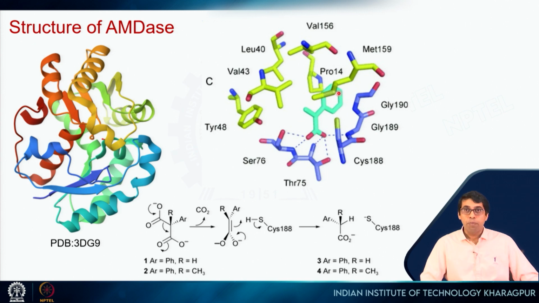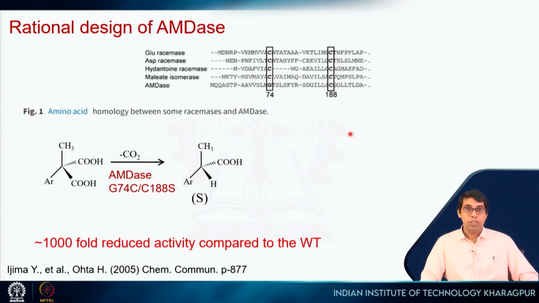But the problem was that this cysteine is on this side, and when it donates a proton, it forms the R isomer, not the S isomer, right. But it becomes clear that if we can take this cysteine and put it on the other side, it will donate the proton from this side and it will form the S isomer, and that is exactly what was done. So, to figure out where to put the cysteine,